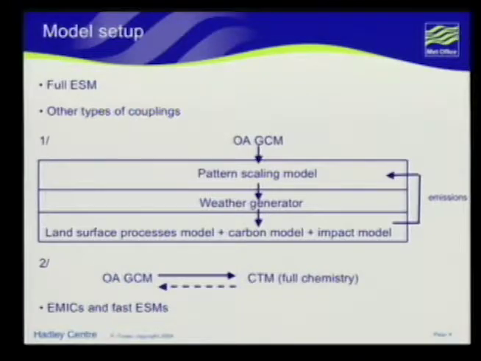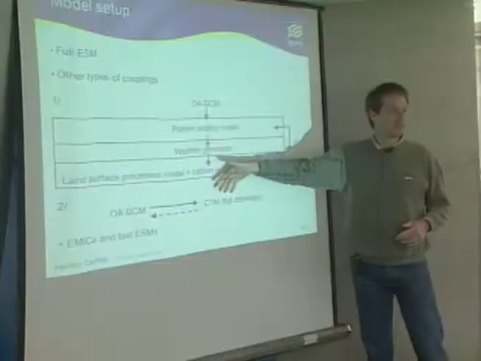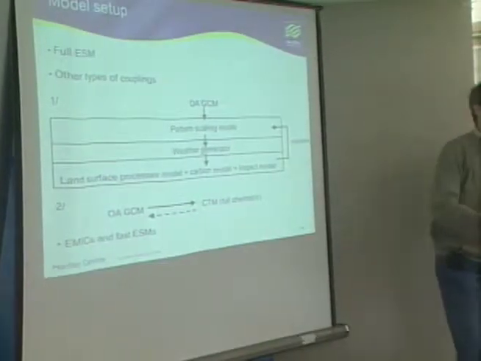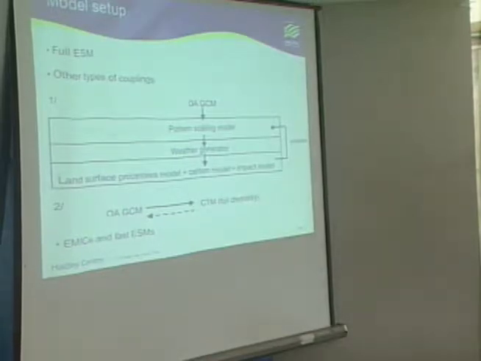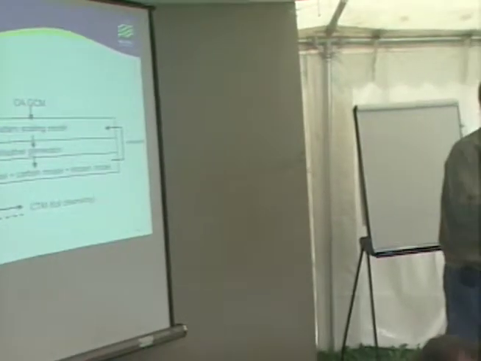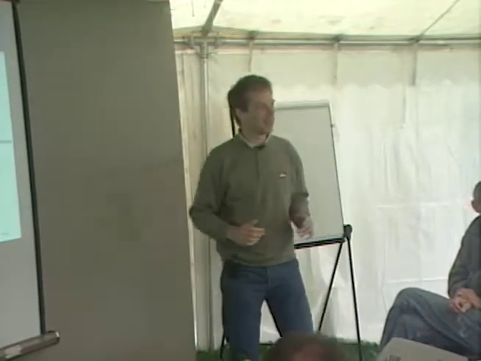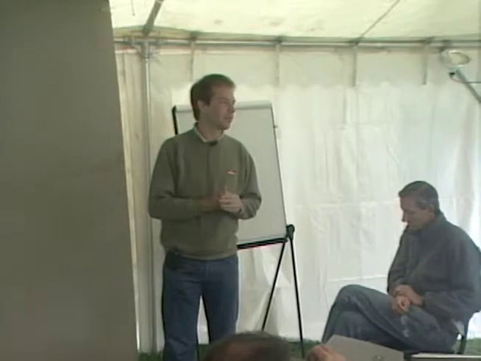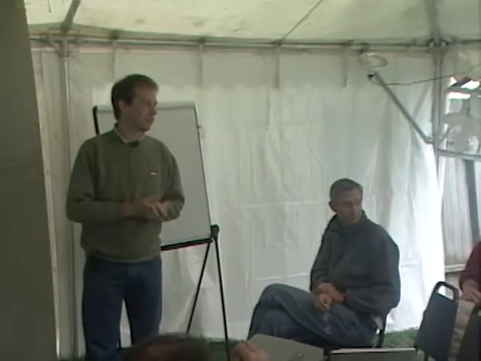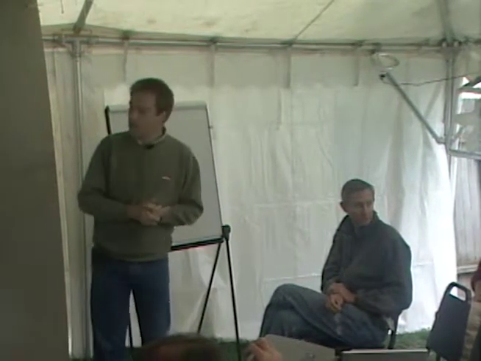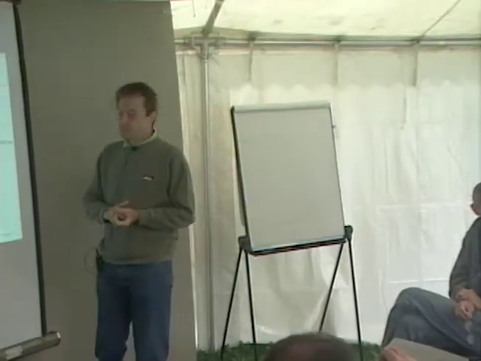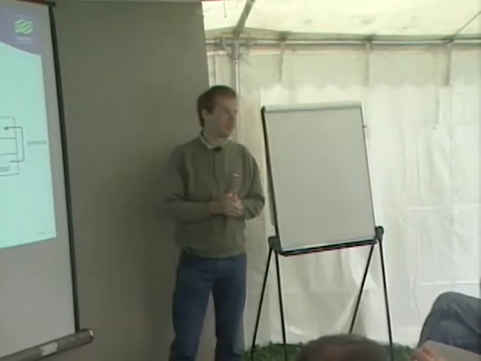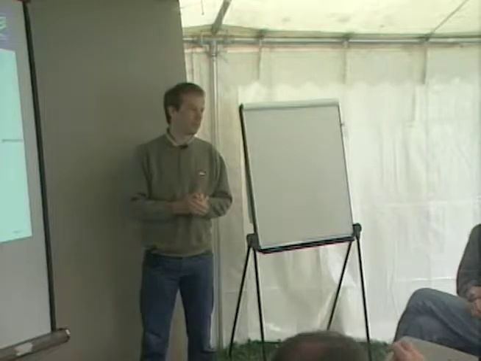So what's the role of the weather generator in that? Because you sort of save the monthly means, but monthly means is no good to drive vegetation. You need the variability, so you disaggregate those monthly means into daily weather. And that's the advantage of this: you can use a weather generator that generates realistic patterns of weather, which you don't necessarily get from the GCM. But on the other side, you worry about changes in extremes and so on, which are an issue throughout anyway. So that's an issue.